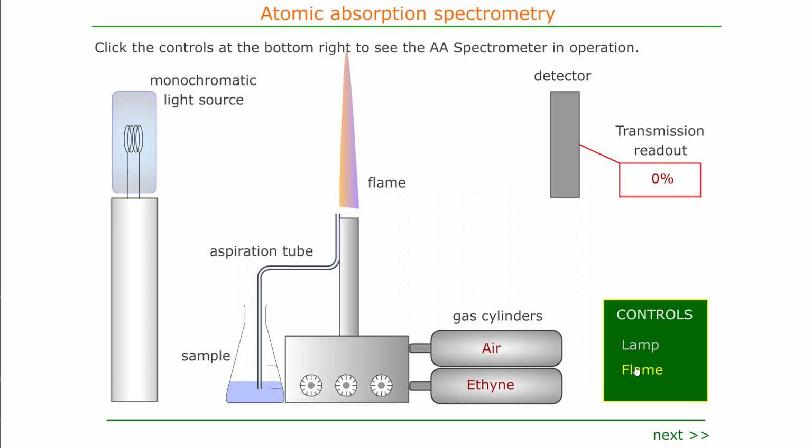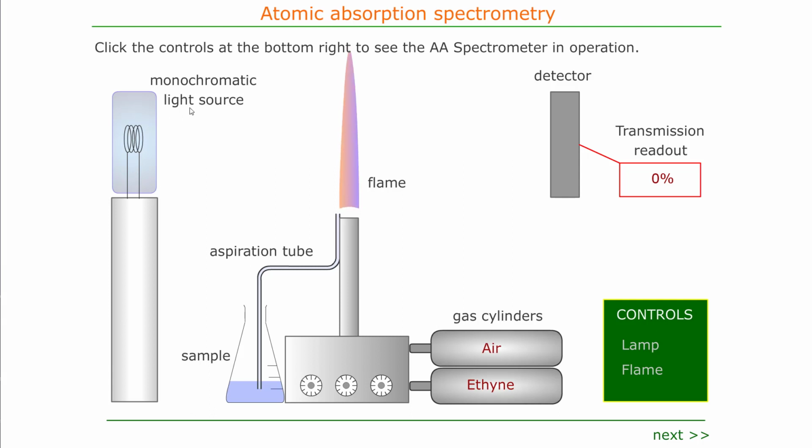So we turn the flame on, and what happens is atoms or ions inside the solution get sucked up and they go into the flame. It's a bit like a glorified flame test. The flame itself then starts to emit frequencies characteristic of the excited atoms or ions as the electrons move between energy levels. And so if we pass a monochromatic light source through this hot flame with elements in it,